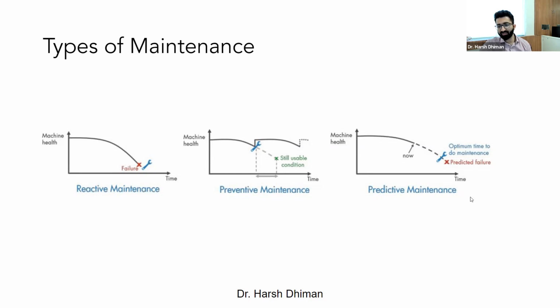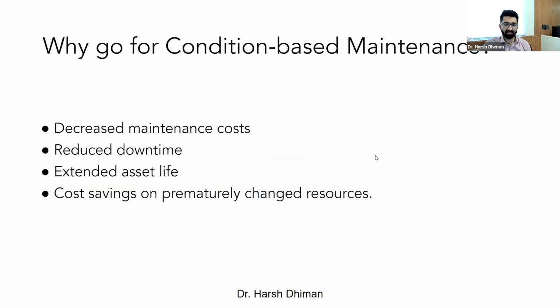But again, in terms of predictive maintenance, you're still making a reliable guess because it is based on the current data always. We do not inspect current data in reactive and preventive maintenance. It is just time-based maintenance. So you are taking a decision strictly based on some random time frame. And whether that time frame can actually be useful to you or not will only depend on the current health of the machine. So yes, predictive maintenance is something which people follow a lot these days, especially in industry.